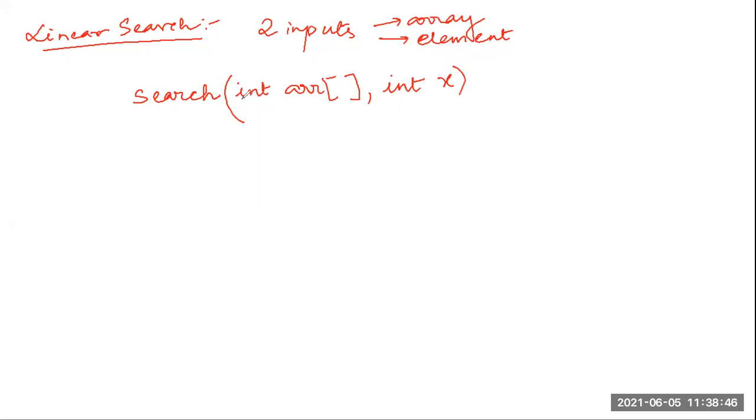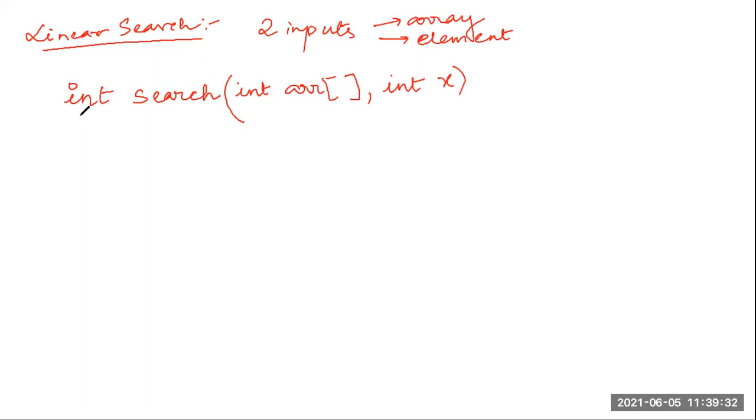Now, if I have an integer array, and an element which is being searched for, which is also an integer, then at the end, when I return the value, whether I have found the element or not, this will be a yes or no. Suppose if I have found the element, 1, or if I have not found the element, 0, so the output from this search operation will also be an integer. If it is found, it will be 1. If it is not found, it will be 0. Right?